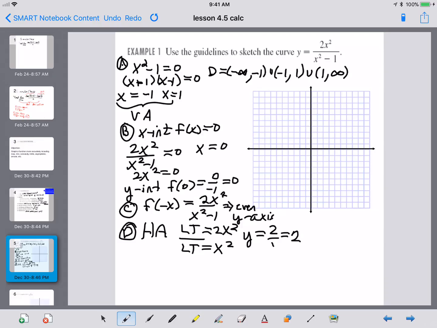Next. We've got to go through all of these letters. Now we're going to do increasing and decreasing. We have to find the first derivative. So the first derivative requires that we do the quotient rule. So it is the bottom times the derivative of the top